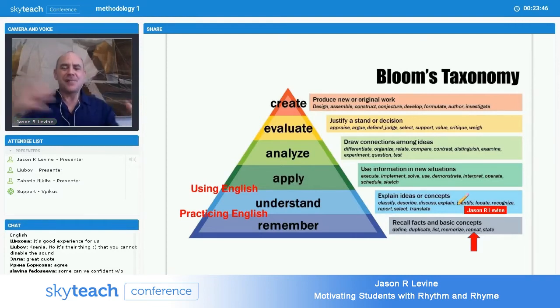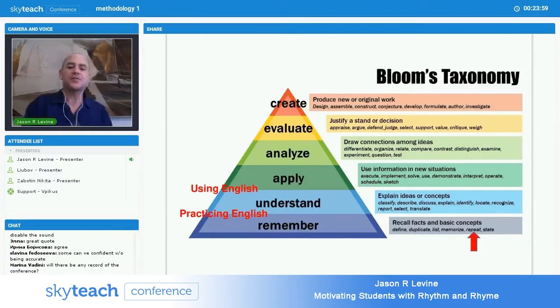So my job, and I do this with rhythm and rhyme, we're getting to the music in just a moment here, is the practice guy. I am not a classroom teacher now. I do workshops and training and make materials to help students get practice out of class, because in the classroom there's no time for this